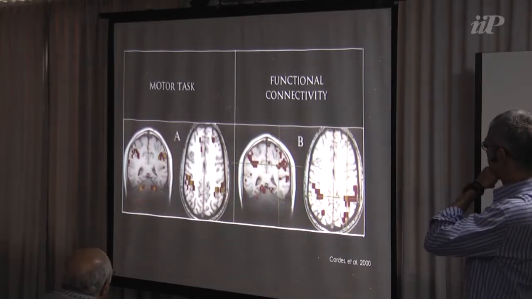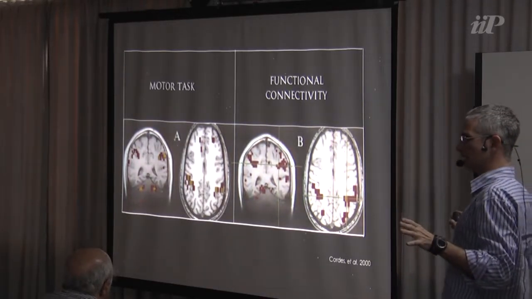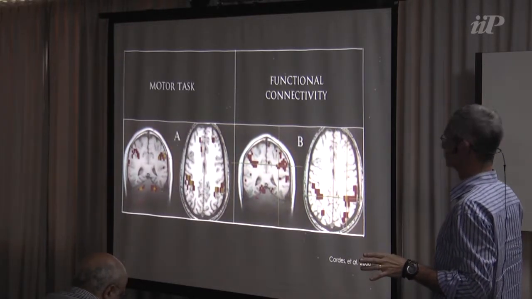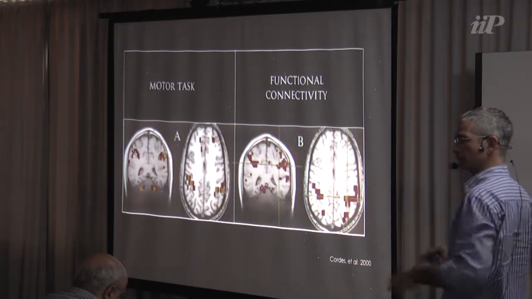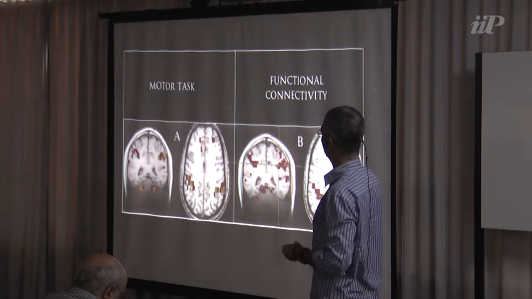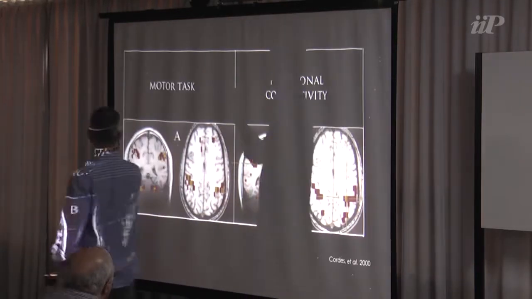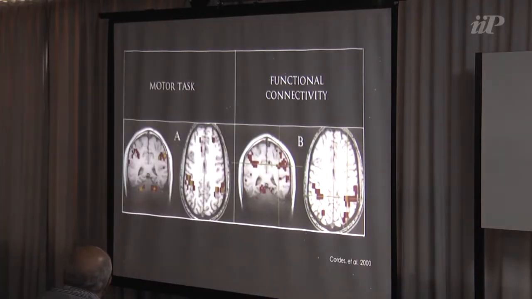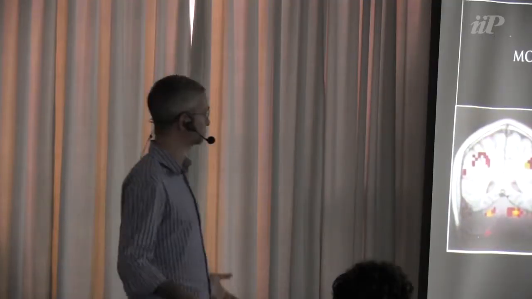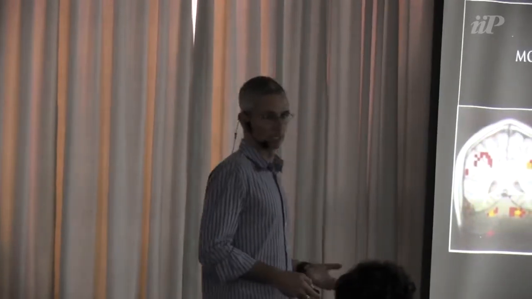So what is it that these guys did? They had a resting state in an individual. So you had an individual for a couple of minutes inside the scanner doing nothing. And the same individual would do a motor task. So he would do finger tapping with the right and left hand, for instance. And then he would do all that analysis that I've shown you, and this is the result. So the motor task would elicit these expected areas: primary motor cortex, somatosensory cortex, cerebellum, and so on.